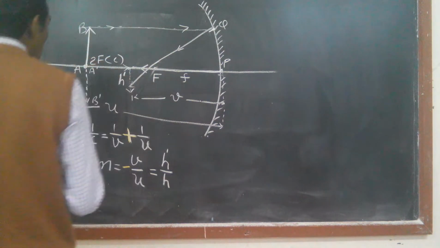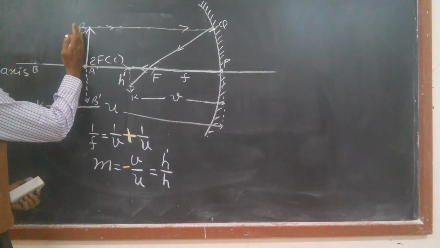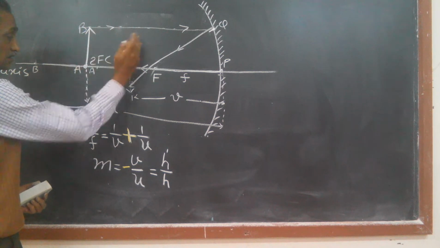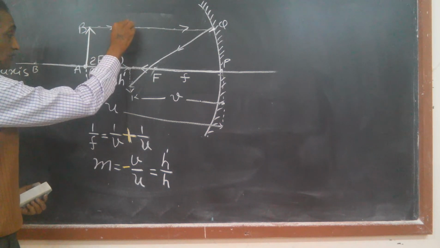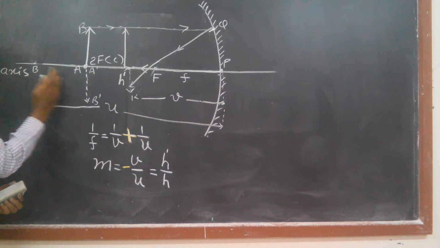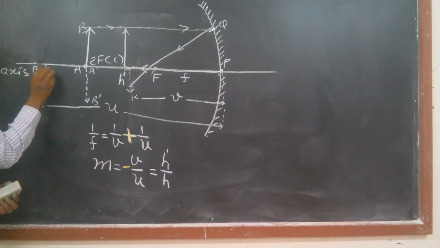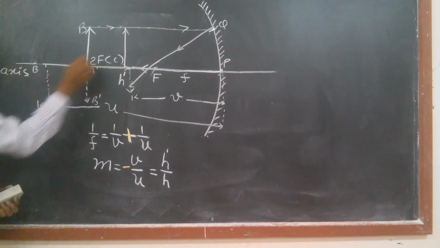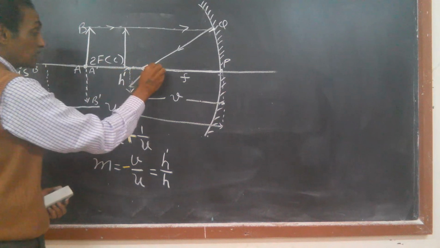As you move object towards the mirror, means if you place between F and 2F, then again image will move away somewhere here and the size of image will increase. But if you move